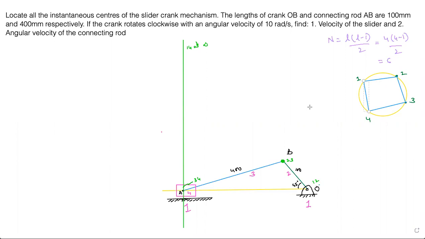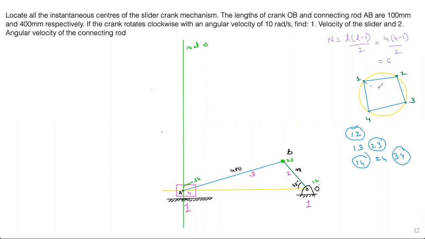So, already present. Now, how do we know what we need? I have already discussed this method also. Just write down 1, 2, 1, 3, 1, 4, 2, 3, 2, 4, and 3, 4. That's it. Already 1, 2 is done, 2, 3 is done, 3, 4 is done, and 1, 4 also is done. 1, 3 is not done.